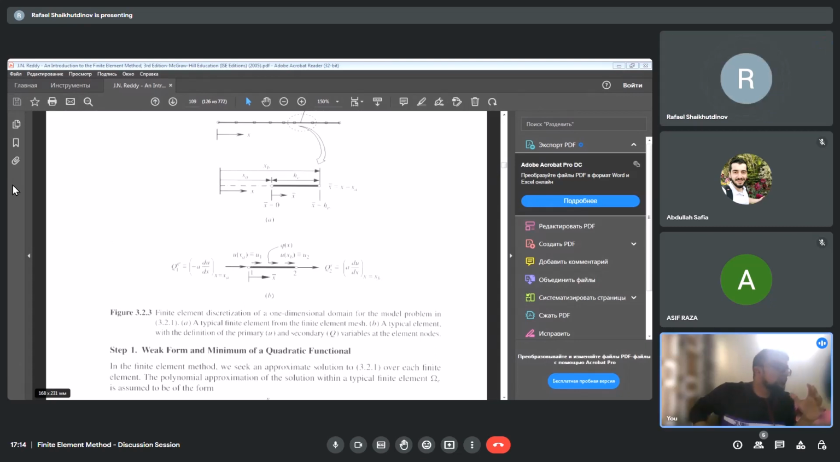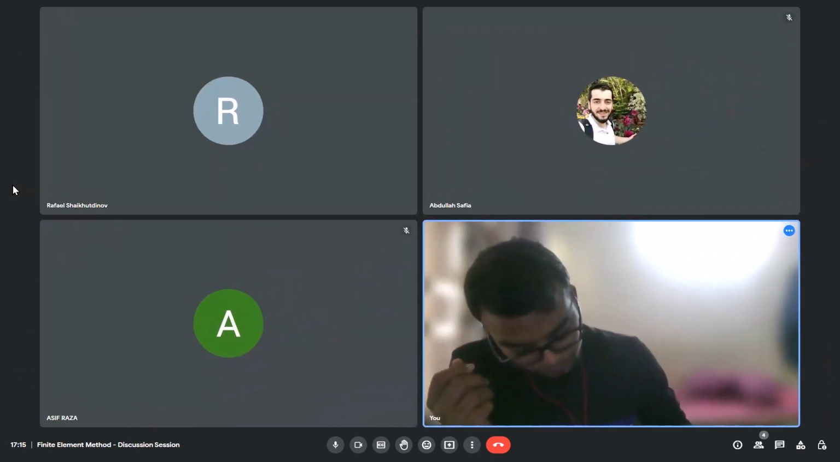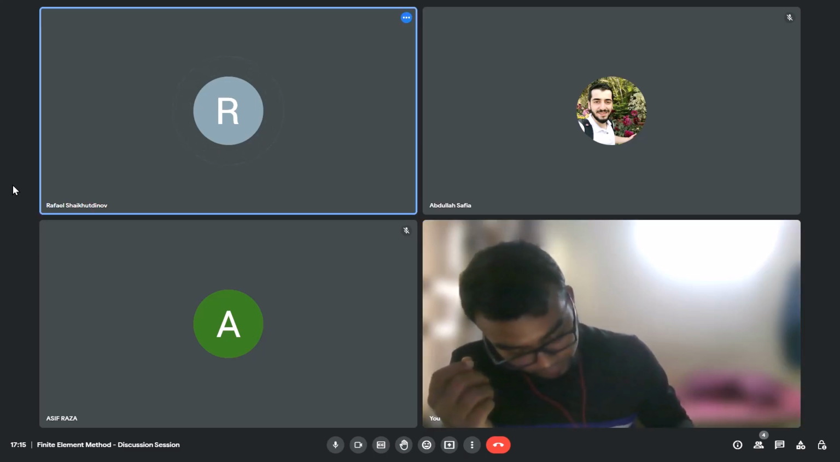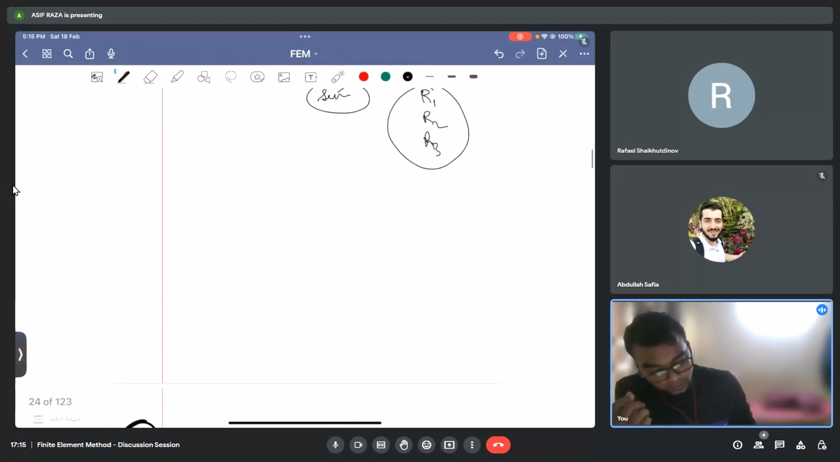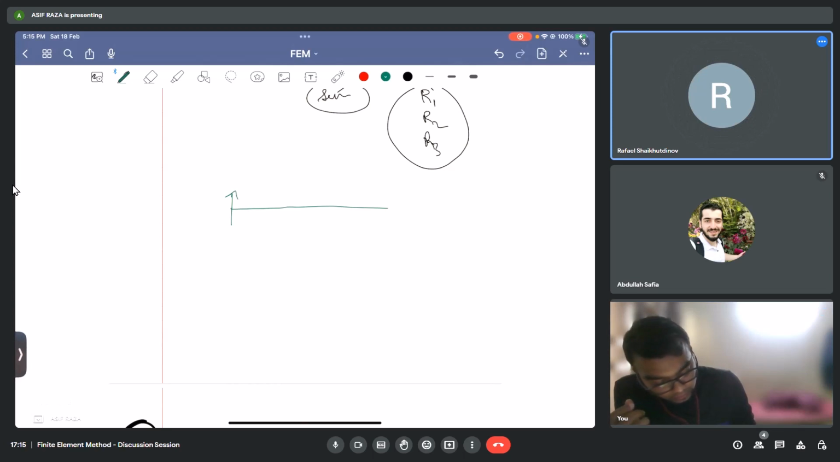Sorry. If you see the derivation of a beam element, you must have seen that at the left nodes. I'll just share my screen, if you can see it. Yes. So, normally,